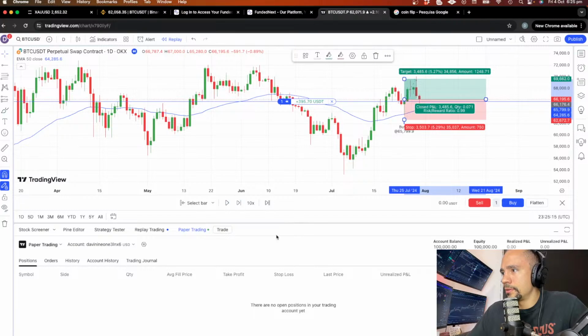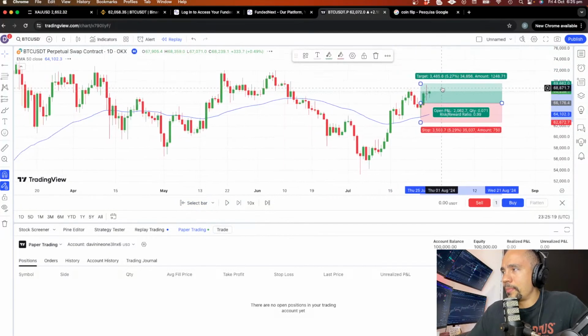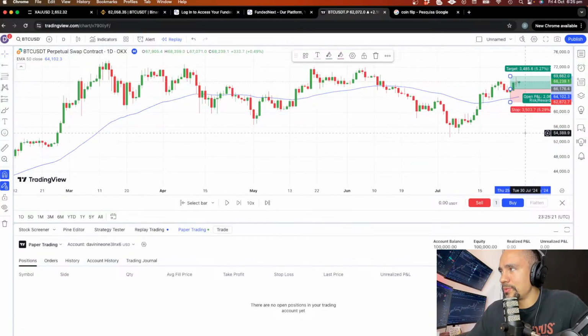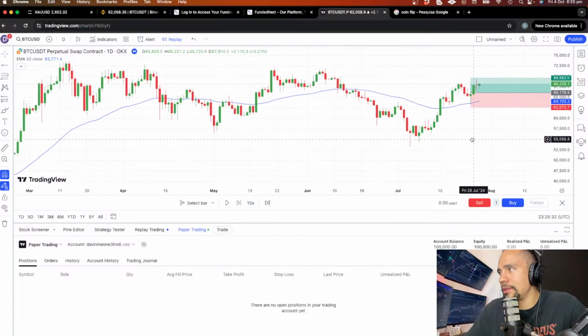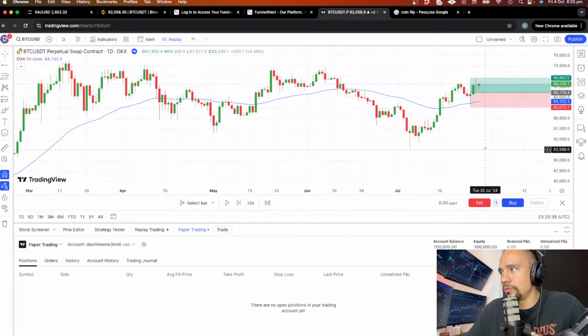Oh, yeah, that bar touches the profit, but the problem with this is that we cannot close the position on. We can only close the position on the closing of the bar, which is a little bit annoying, but it is what it is. But either way, you can still practice with this demo account and with this replay mode on how to open up the... Oh, now I understand why.